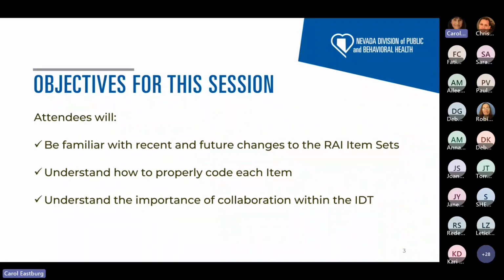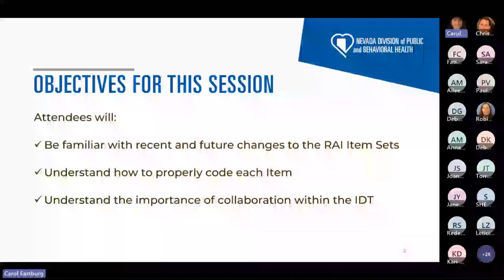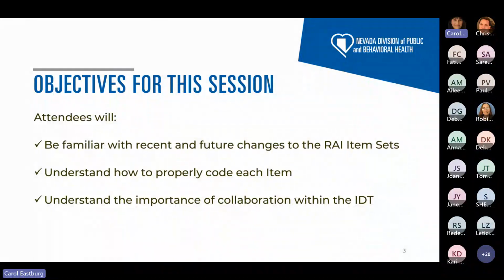After this portion of today's session, attendees should be familiar with changes to the item sets, understand how to properly code the items, and understand the importance of the IDT in the assessment process and creation of, along with updates to, the comprehensive care plan for each unique individual resident in your facility.